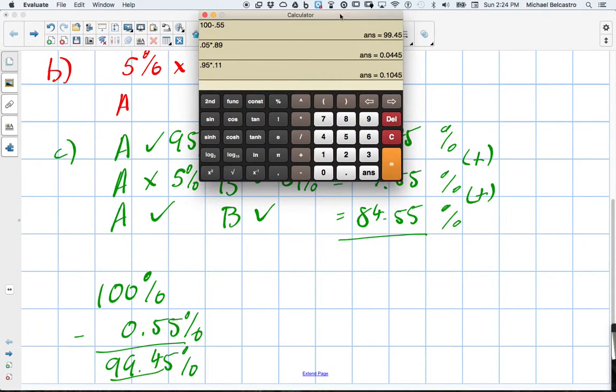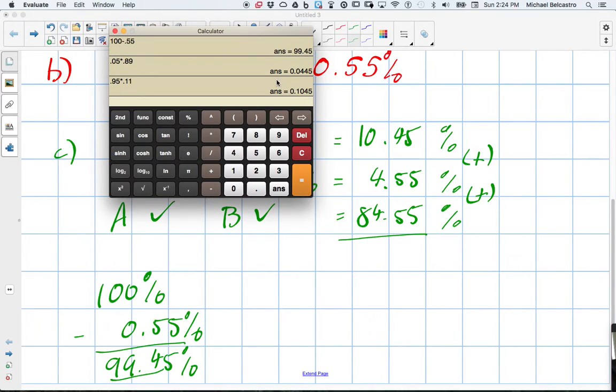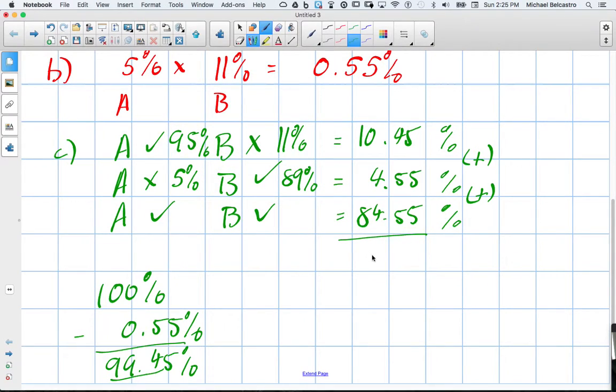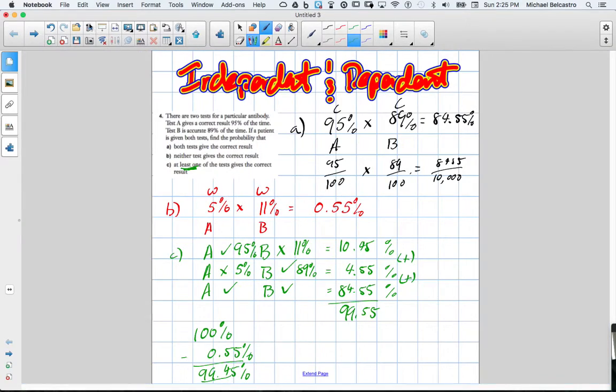So 84.55 plus 4.55 plus 10.45, and it gives us 99. Oh, sorry, I added one little wrong there. That should have been 84.55, 4.55, and 10.45. 99 point, I got 55 here, and I'm going to